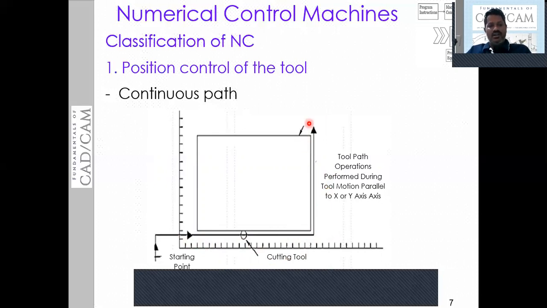Hence, we can conclude that in the case of continuous path, the tool is going to move along the X-axis as well as the Y-axis. It may be along the X-axis or maybe along the Y-axis at a time. This type of positioning control of the tool is used in milling operations to machine rectangular blocks. This is called the straight cut control in NC. This can also be called a straight cut control.